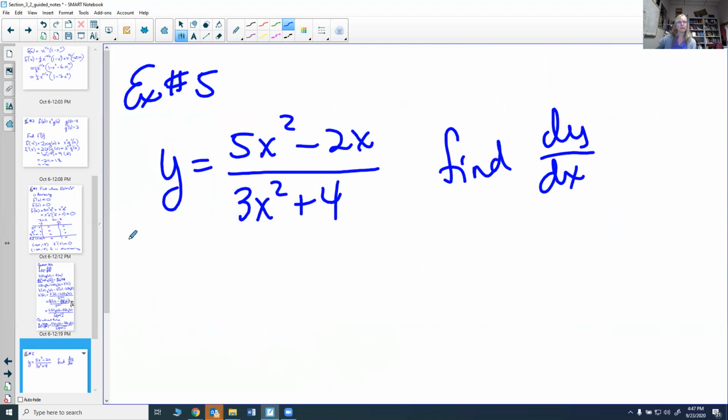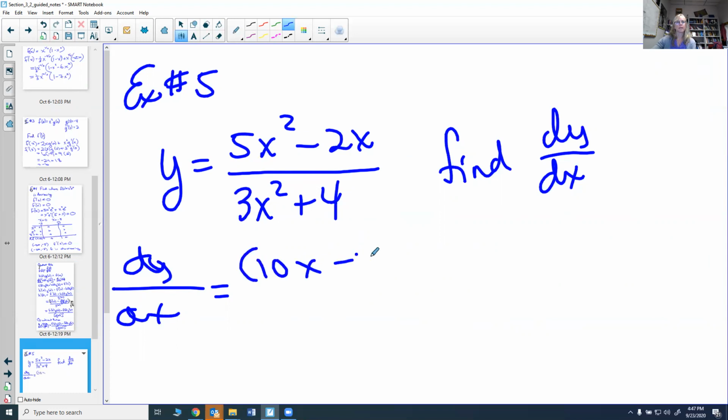Let's find this derivative. You're going to notice that I use f prime, I use dy dx, I use y prime. You're going to see us use lots of different symbols. We use all the different symbols we can use. I'm going to take the derivative of the top. The derivative of the top would be 10x minus 2, because you take the power down and subtract 1 from the power. Then times the bottom